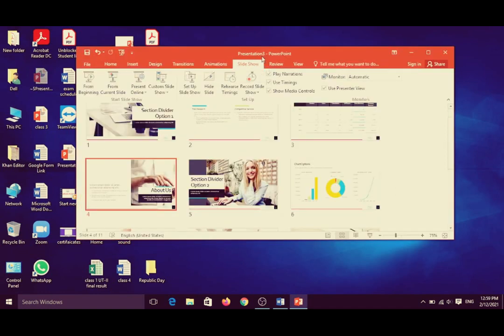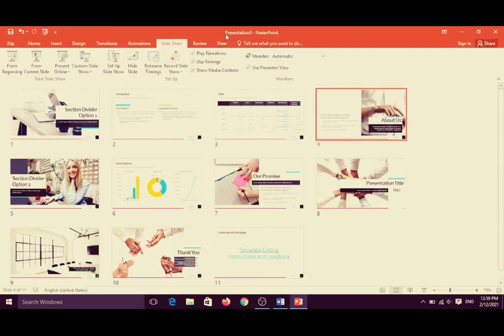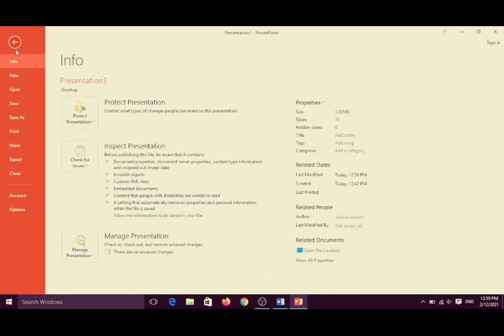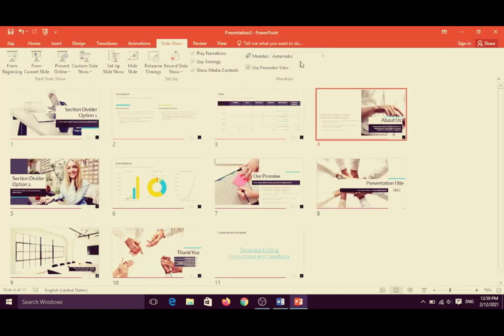You can see easily now the presentation title on the top, title bar is here, presentation third means it is the file name. Or you can press Ctrl plus S, the shortcut key to save your presentation.